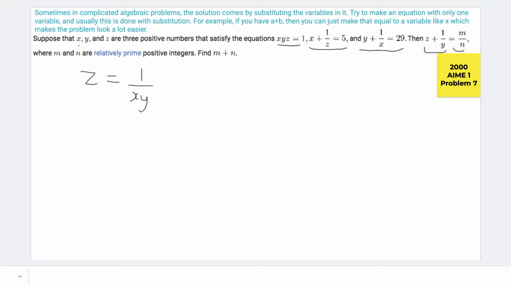So if we have xyz equals 1, and you want 1 over z, just divide both sides by z, and you get xy equals 1 over z. So we have x plus xy equals 5. So x plus x over y,